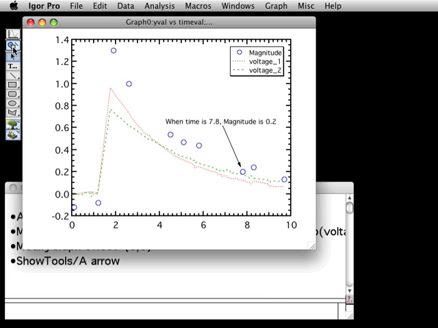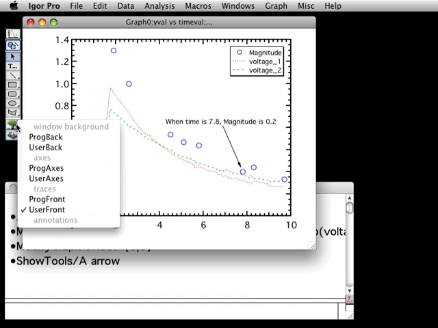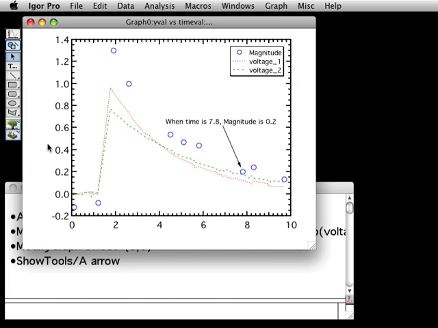Press the Option key on the Macintosh or the Alt key on Windows and click and hold on the Draw Environment button, the one that looks like a tree. A pop-up menu showing the available drawing layers and their relationship to the graph elements appears. The items in the menu are listed in back to front order. Choose User Back from the menu. By using the User Back layer, we ensure that all drawing we do will appear behind the axes, traces, and